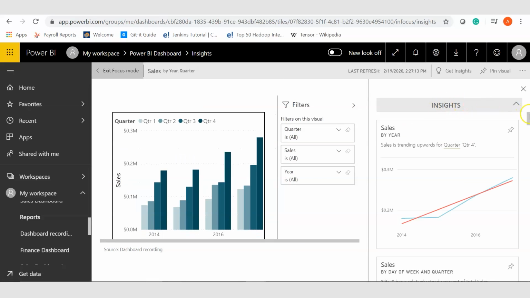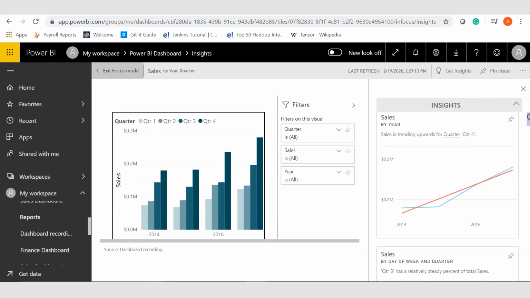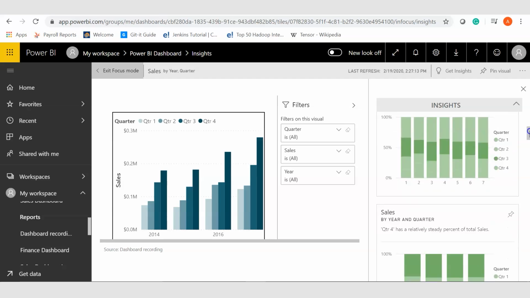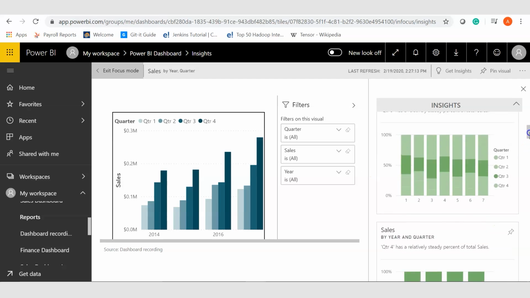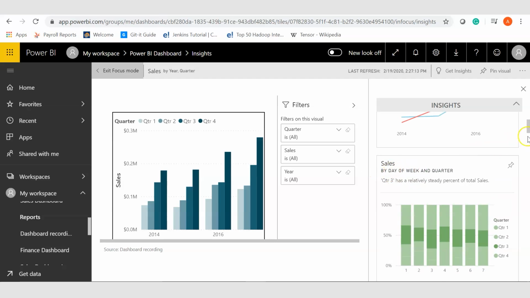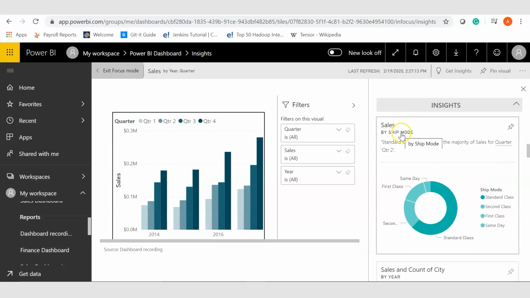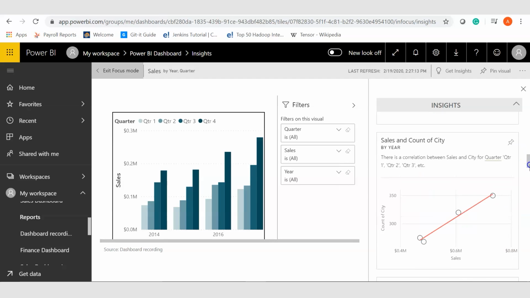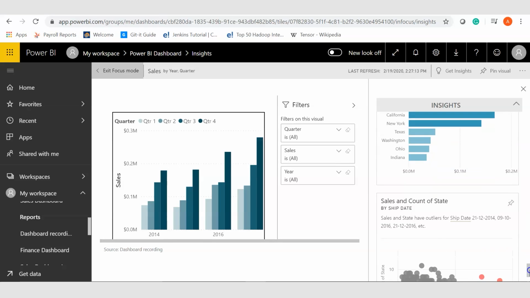So on the right, you can see Power BI has itself given us some insights from the data and the visualizations we have made. You can see sales by year and quarter, the sales by day of week and quarter, sales by shipment mode, where you can see the standard class ship mode made the highest amount of sales. You can also see the sales and count of city by year, and many more.